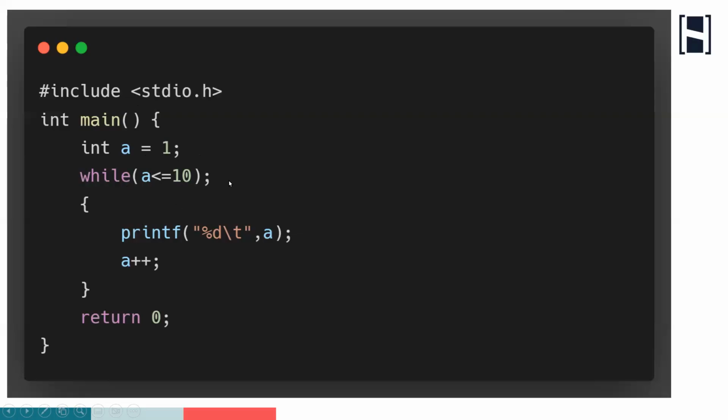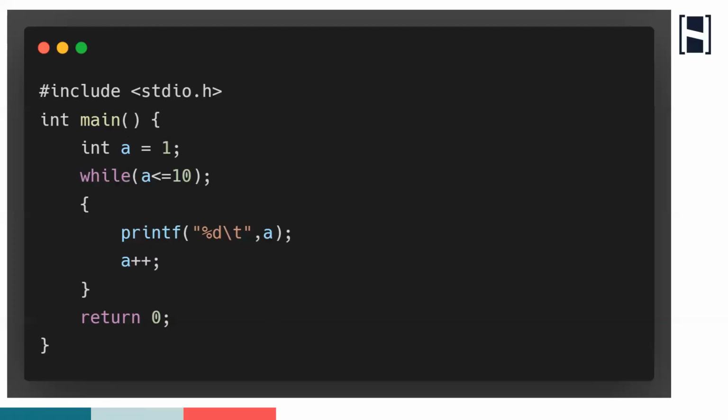And I am not at all incrementing or decrementing. Nothing is happening to a. So that is why this program is going to go into an infinite loop. When I execute this program, it is not going to produce any output at all. It is just going to wait for a couple of minutes, and then you might get a timeout error.